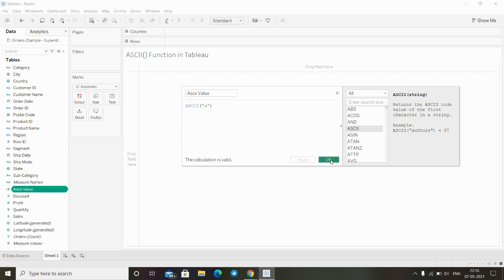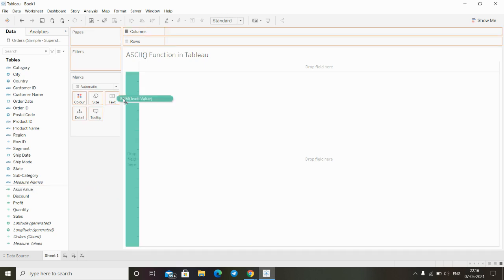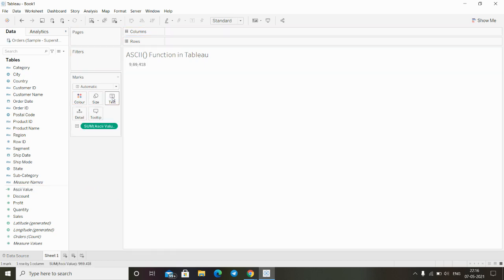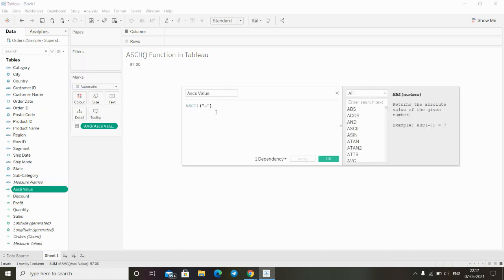on apply and click on OK, and then take this ASCII value field that we have just created and drop it onto the label or text, and after that click on apply, click on this drop down and select average, and we can see it is showing the value 97, which is the ASCII value of character a. So for example, if I edit this function and set the value here, so here I'll set the